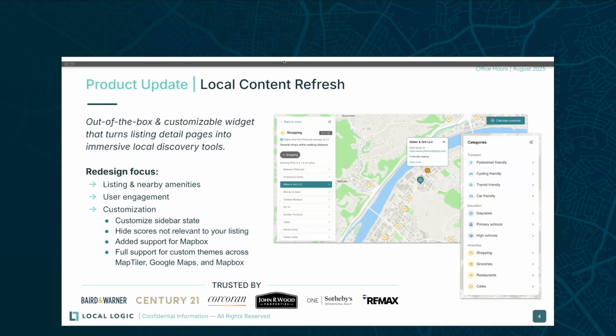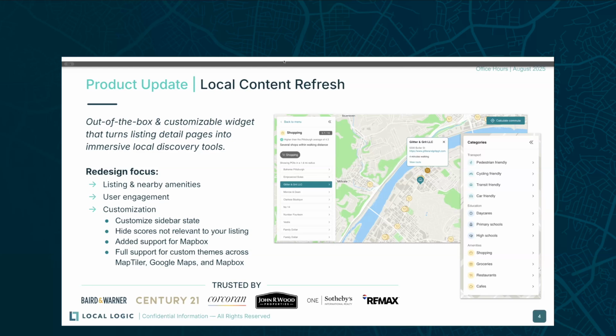Now, we've always had the ability to hide the numerical value of scores. So, for example, if you look at shopping, where we have 5.7 over 10, you have had the ability, and you still do, to turn off that numerical score. So you will only show the categories of scores and the categories of POIs without the actual score value. But something that we've added now in response to a lot of customer demand is being able to hide individual